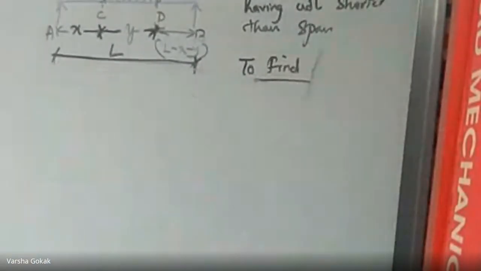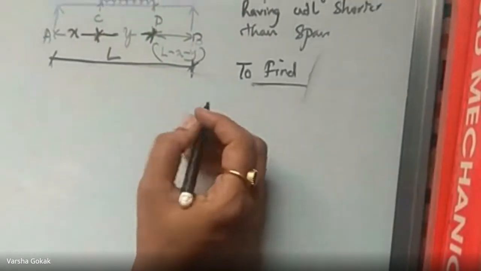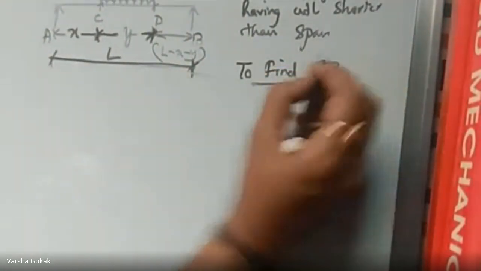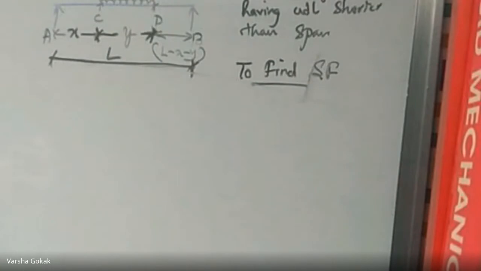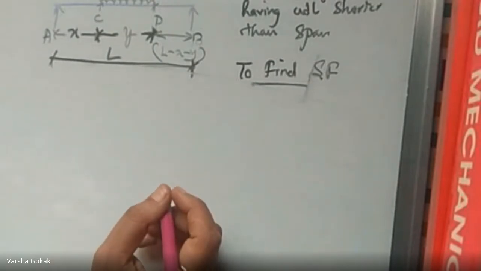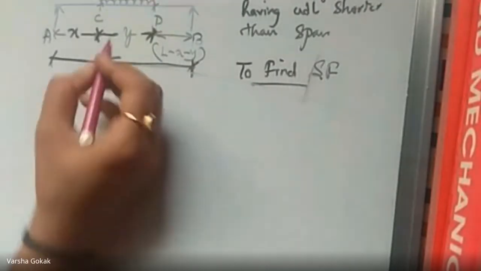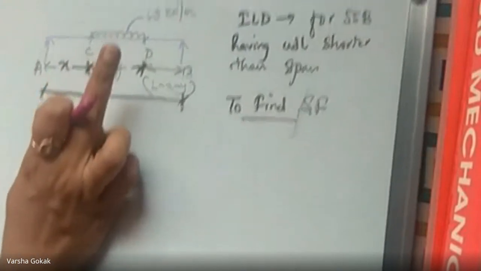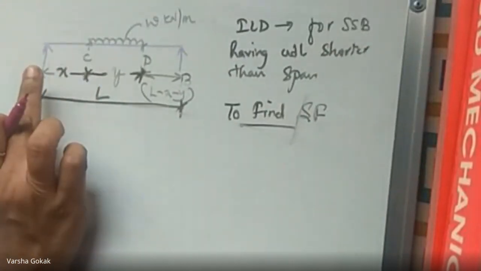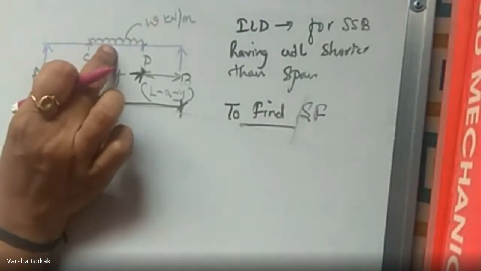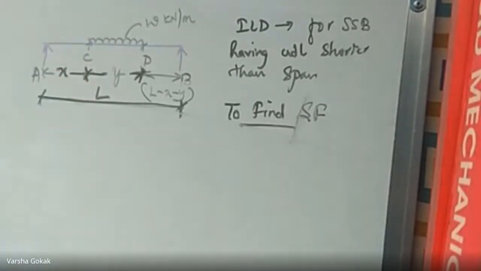So once you find RB, we have to find the shear force, the maximum positive shear force and maximum negative shear force. So how do we go ahead for the maximum shear force value? Yes, who can answer? To find shear force, all right. How do I get the maximum shear force? To get the maximum shear force, we will be placing this towards the supports, right?